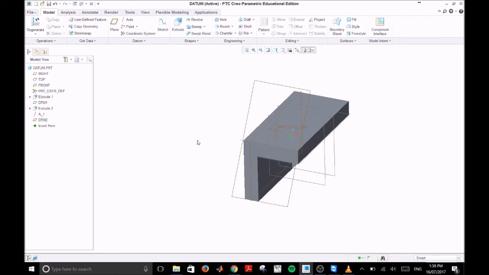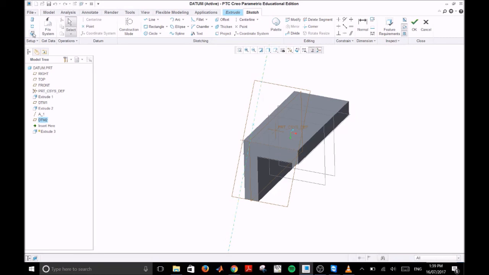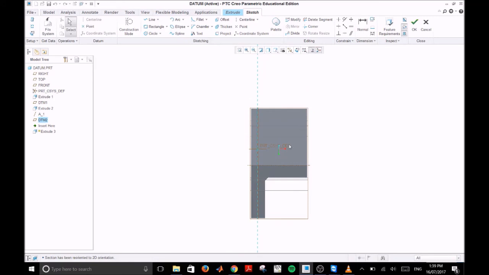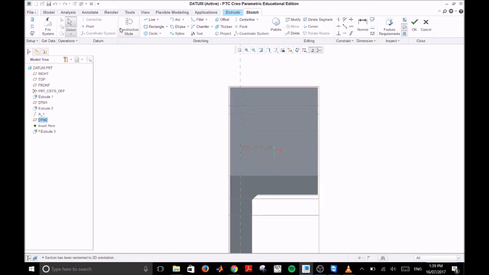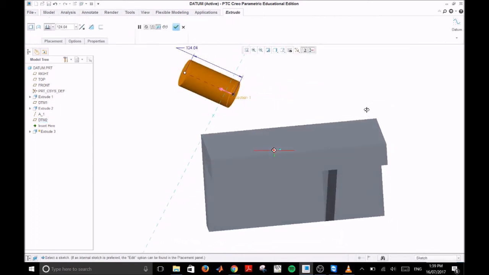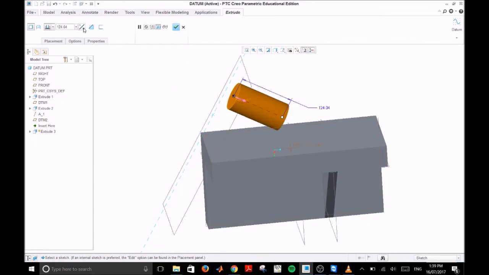We can now extrude off this new datum plane by clicking Extrude, Placement, selecting our datum plane, and then going to Sketch View. We can draw an arbitrary shape, middle click, press OK, and that is now extruding at an angle. We can flip the direction,